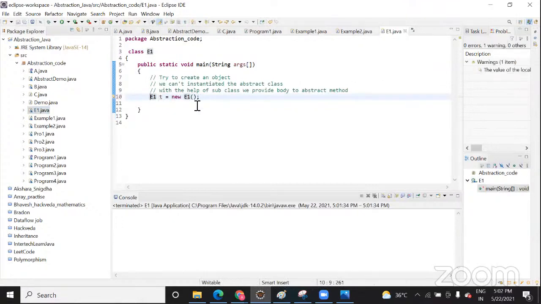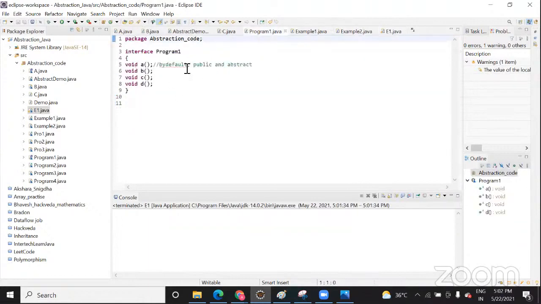And I have one more doubt. Here it is showing a warning below E1, where you are creating the object. Yeah, because I am creating an object of this class but you are not calling it, and I have not created any variable which can hold any value. So this object is of no use. See, the value of the local variable is not used. So why have I created an object then? It is occupying space in the memory. That's why Eclipse is giving a warning.